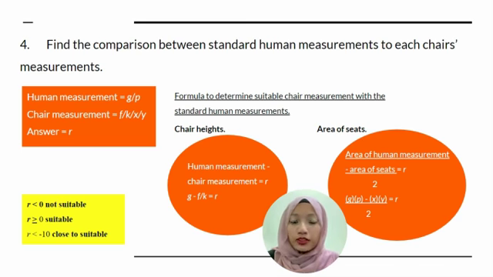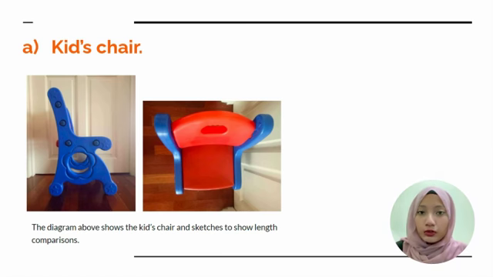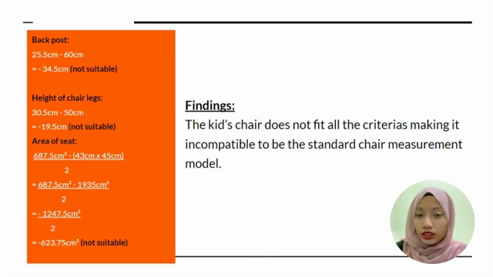The first chair that we'll compare to the human standard measurement is the kids chair. We have set 3 criteria, which consist of the back post, the height of the chair legs, and the area of the seat. From all these measurements, we'll subtract them from the standard human measurement and identify whether the answer is less than 0, more than 0, or less than negative 10. Based on our calculation, we have gotten the result that the back post is negative 34.5